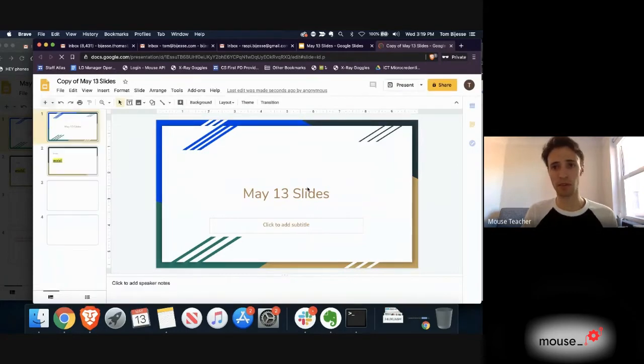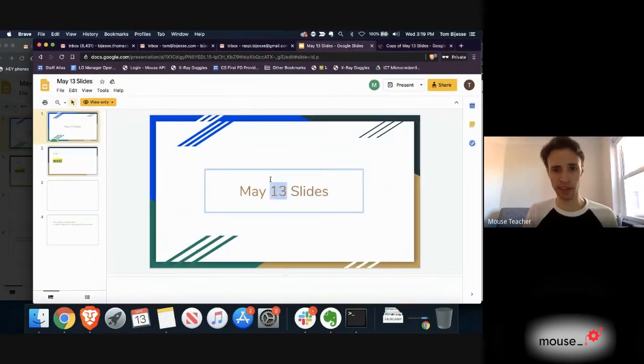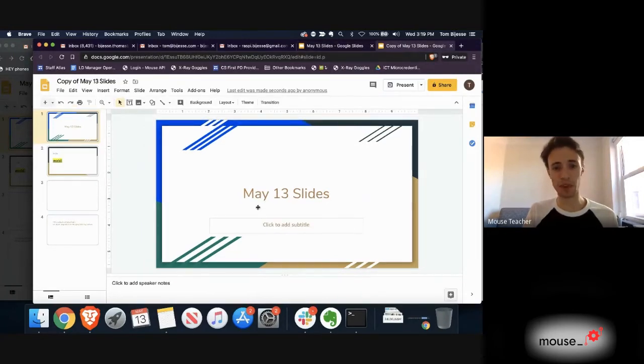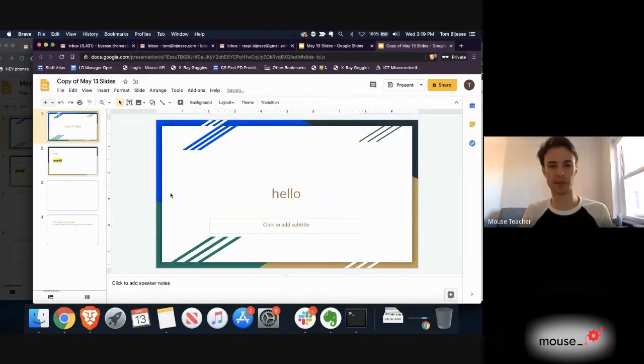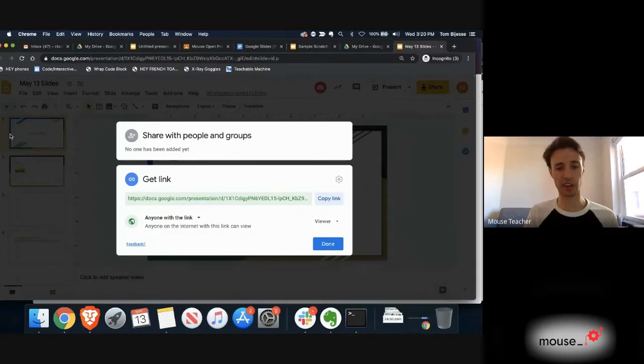So now, the version that you shared with me, I still am not able to do anything with. But the version that I made a copy of, now I can do whatever I want. I can change the text, do whatever I want to do. So that was sharing. I've just covered sharing in Google Slides in terms of giving it to people as view